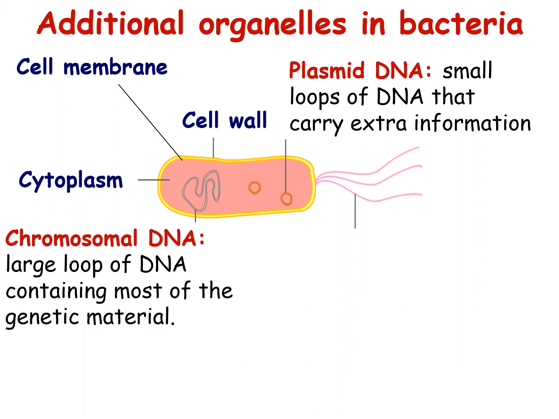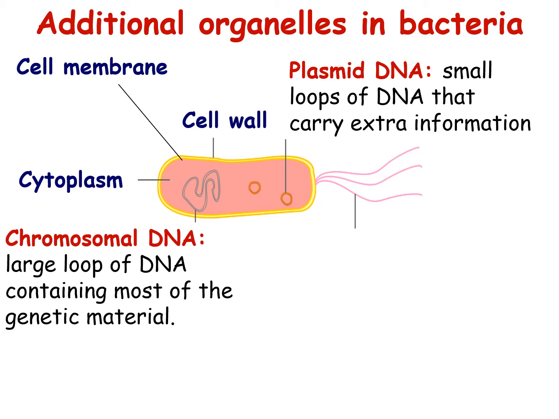We also have some chromosomal DNA, which is a bigger loop of DNA which contains most of the important genetic material for the bacterial cell. Now you'll notice that the DNA, whether it's chromosomal or whether it's plasmid, is not contained within a nucleus. So bacterial cells do not have a nucleus,